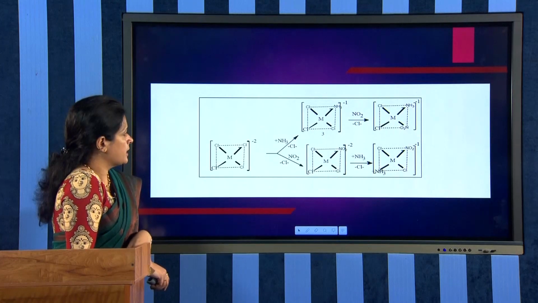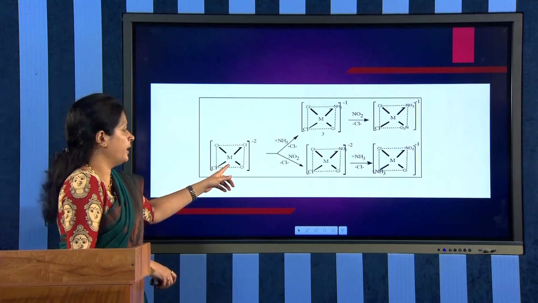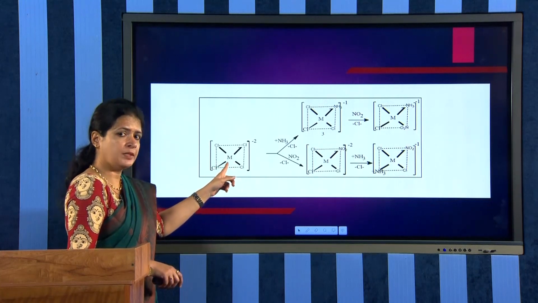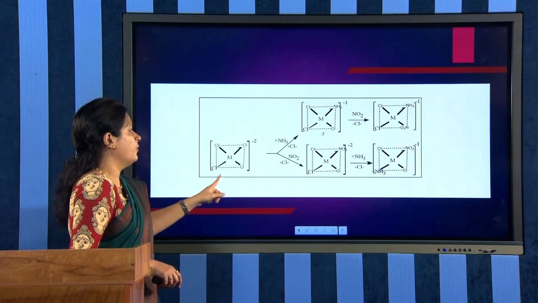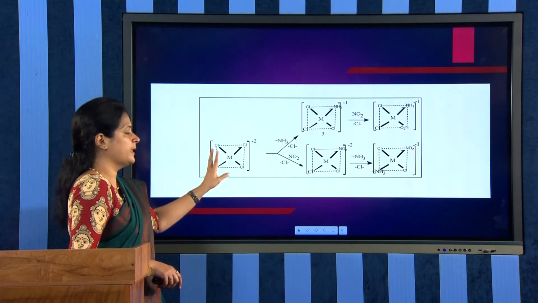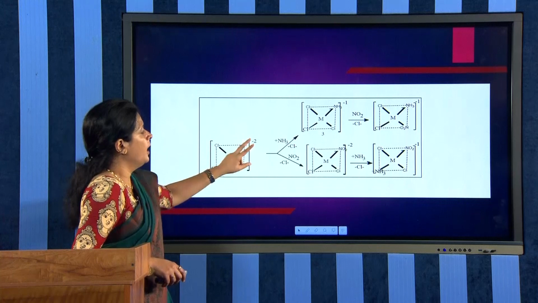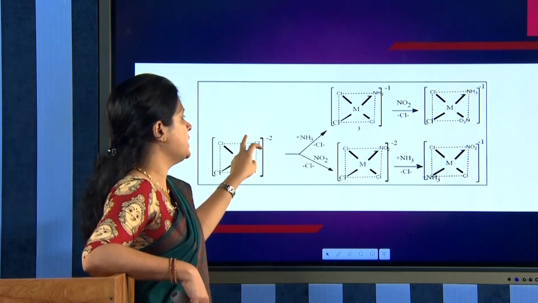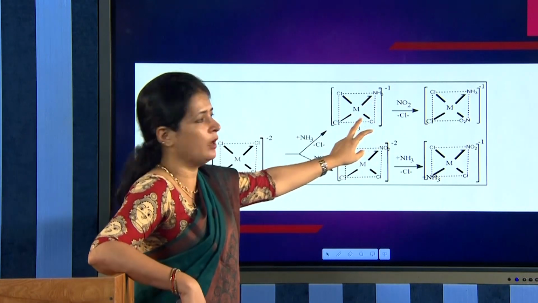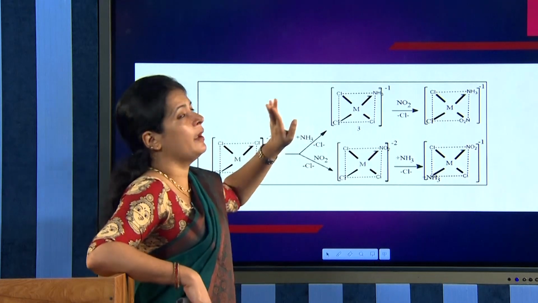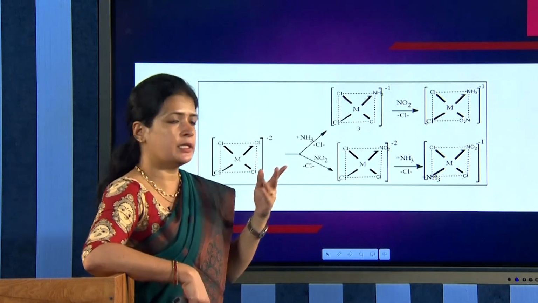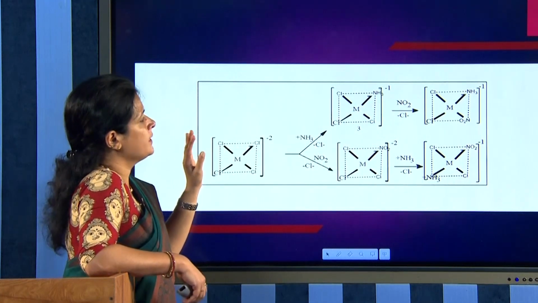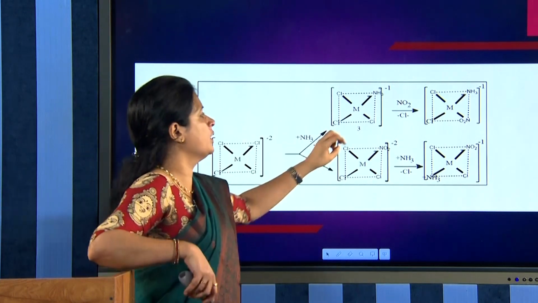And now here is another example. If I represent the central metal atom as M, generally I am representing it with 4 Cl minus ligands there. It is a square planar complex. In one of the reactions, if I am adding an ammonia ligand, what happens? One Cl minus will be replaced by one ammonia, and I will get the product like this. And now if I am adding another ligand, NO2 minus is added to the complex. What is the determining factor now? I have to consider the